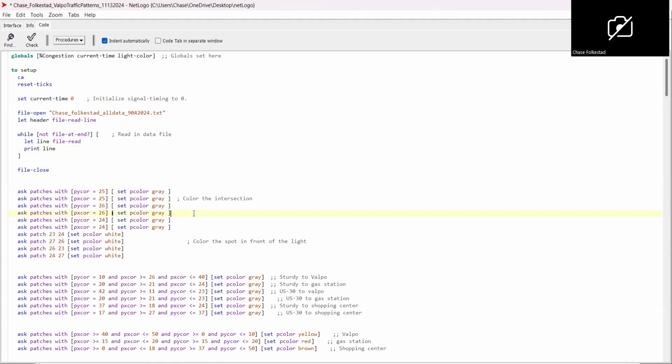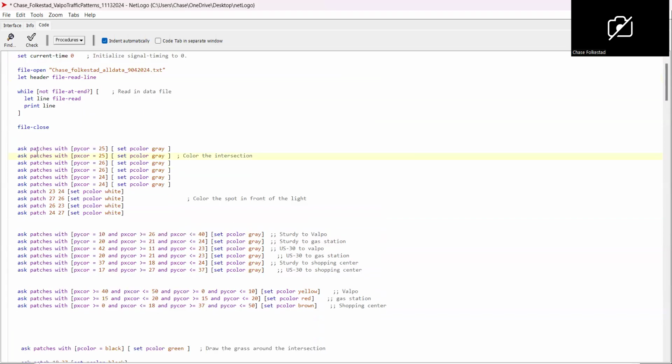Okay. Yeah, let's break down the code. I'm gonna go through all the lines mainly. So it's just to show you how you implement at least three design concepts. I mean, you'll see how I've done all of them here. So let's just start from the top. Again, we got globals, very basic, right? We set up,